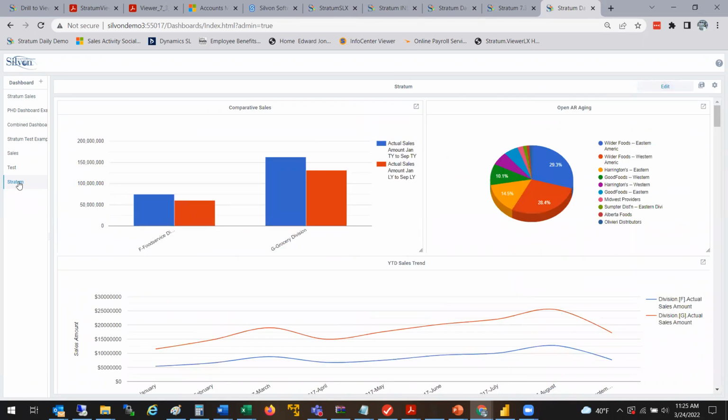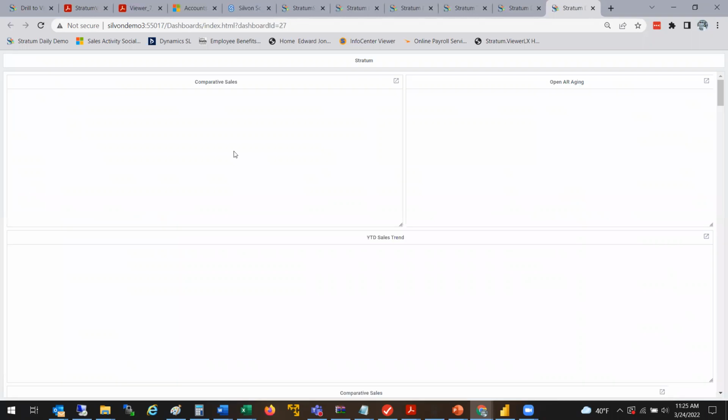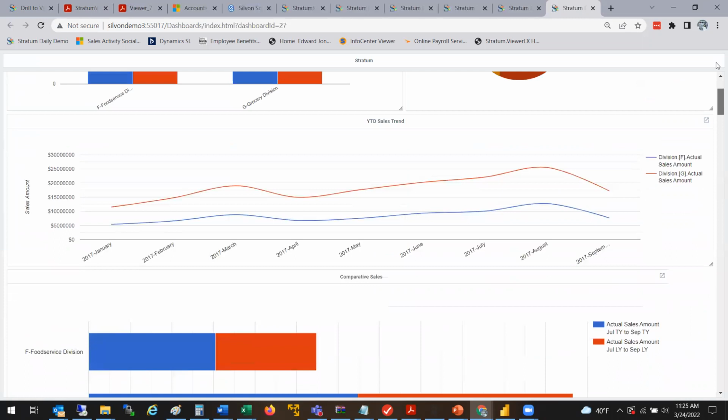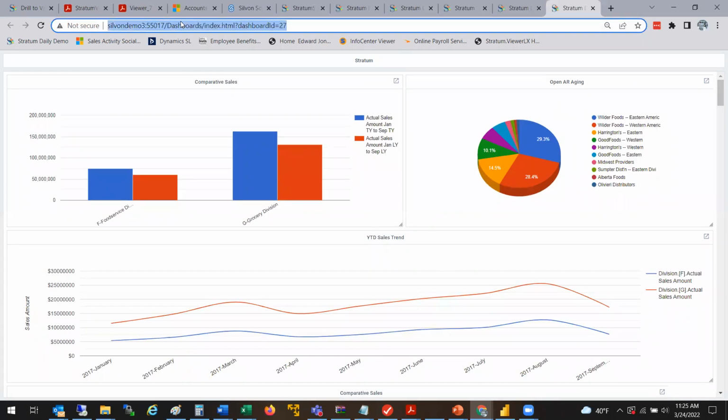If I right click the actual dashboard over here, I can open it in a new tab. Again, seeing it in its full glory. And then also being able to copy the actual URL. And I can then paste that into the home page area of the